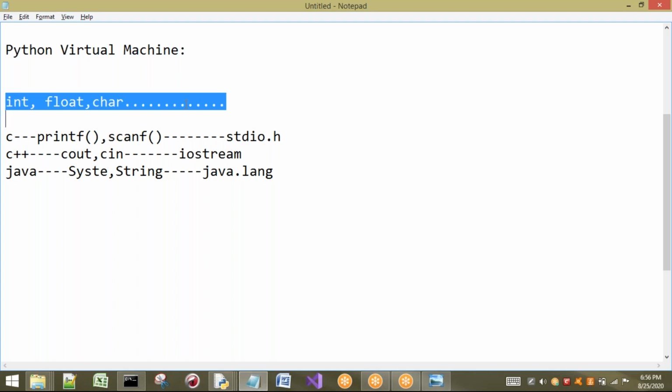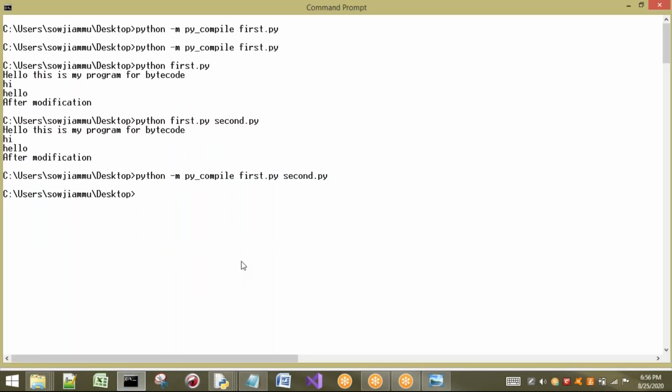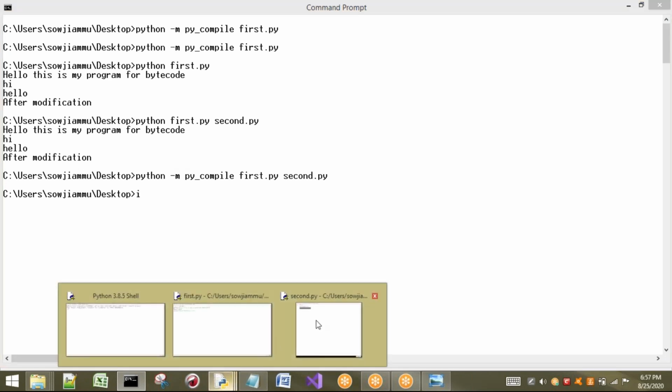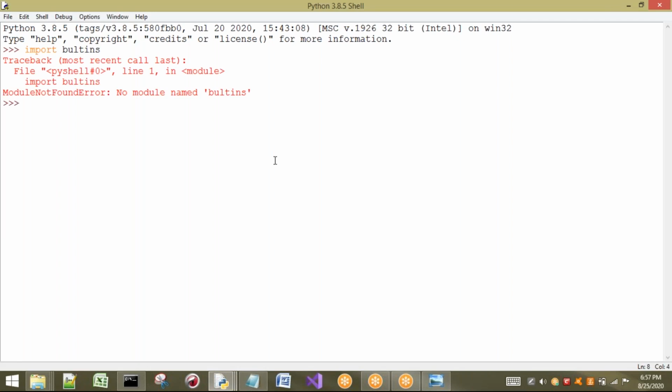These types of built-ins are present in Python. So listen carefully, I will show you. What you have to do is just import a module. One module is there, you have to import that module. I will show you here. Import a module called builtins. What is the module name?